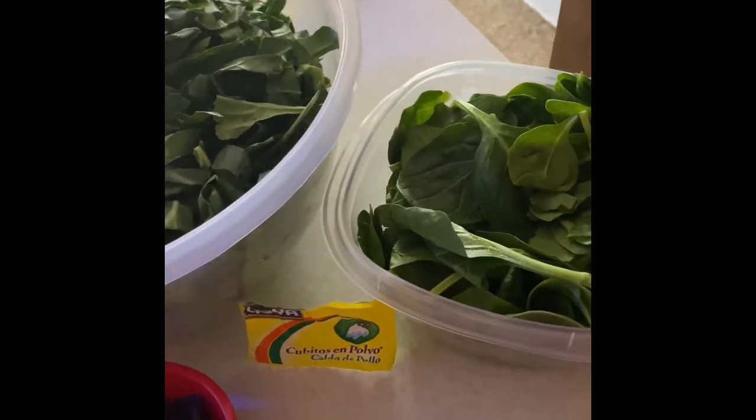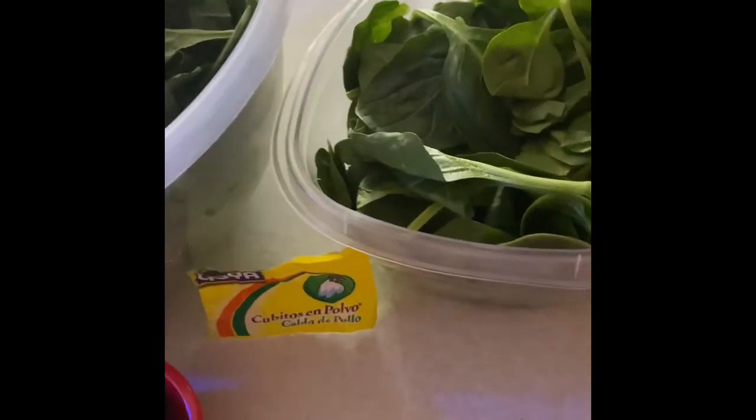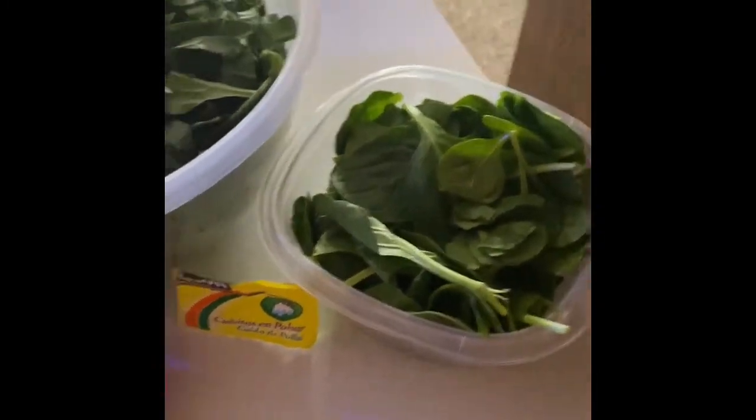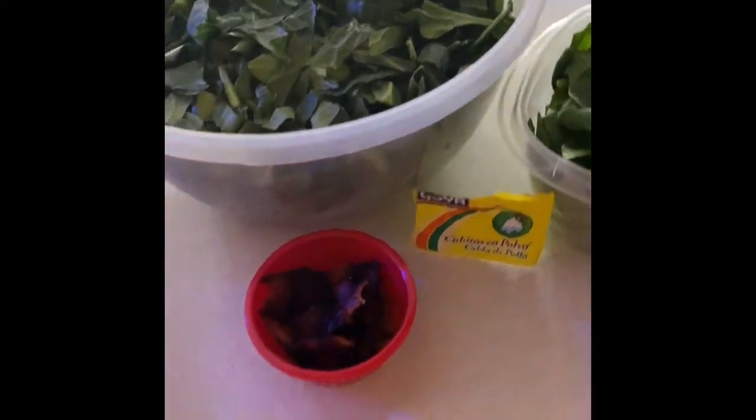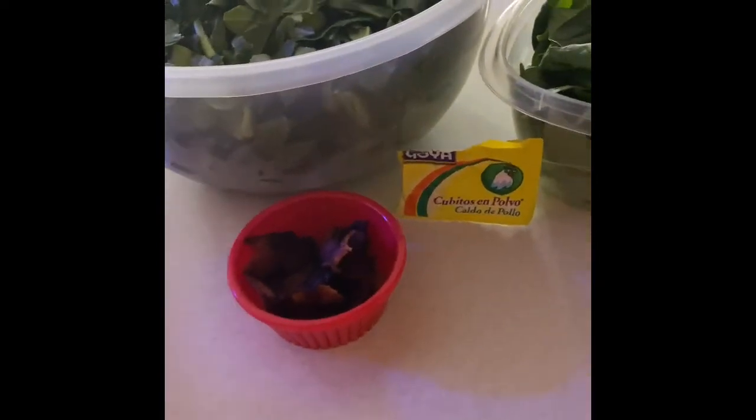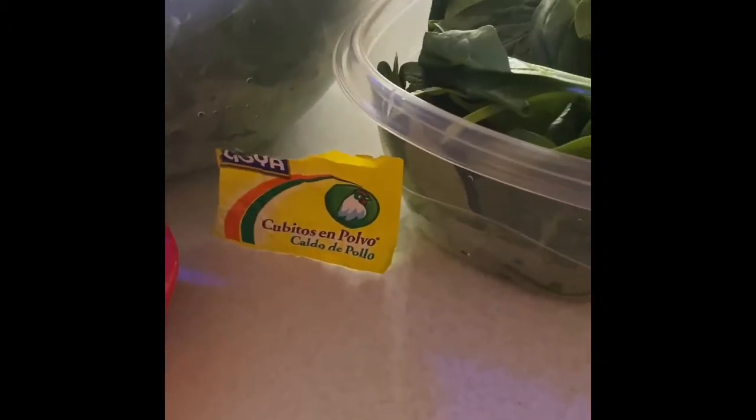And some chicken flavor. We have chicken bouillon packet from Goya. I usually use chicken bouillon cubes, but I didn't have any. And chicken broth, but I didn't have any, so I'm going to use the chicken broth powder by Goya. And also,